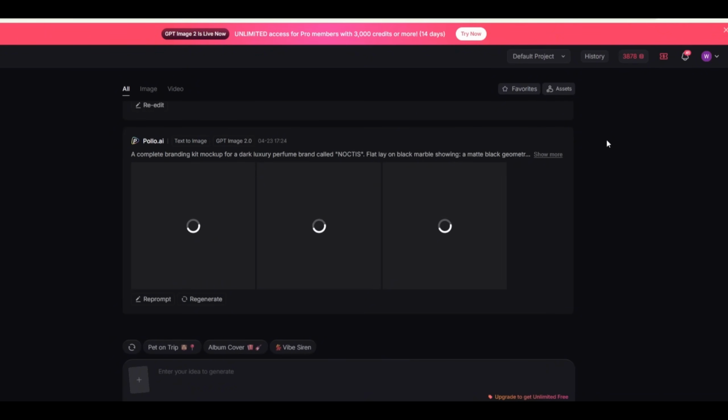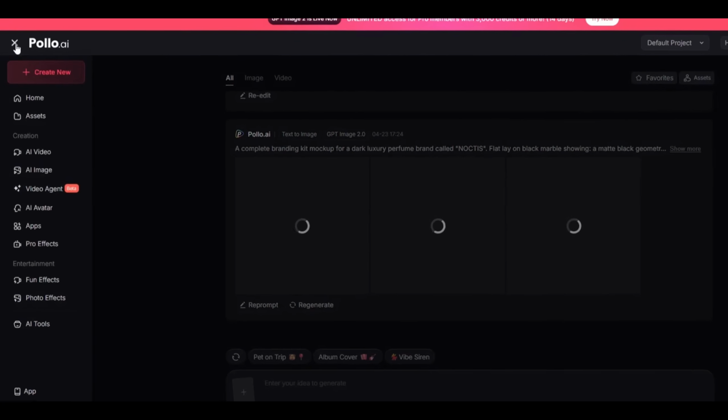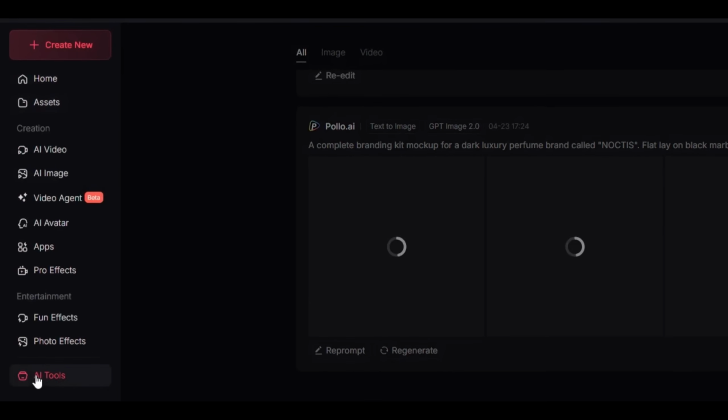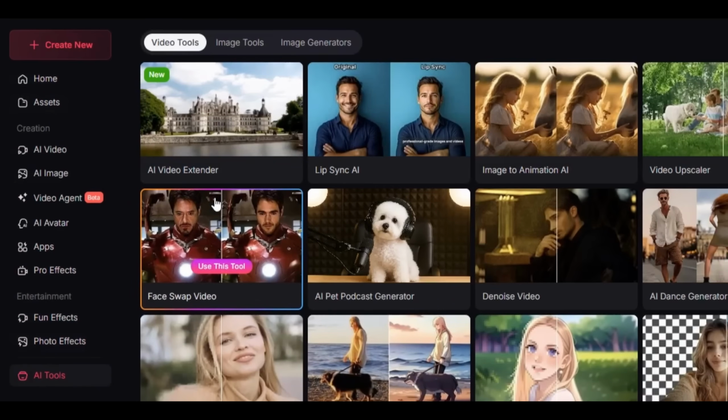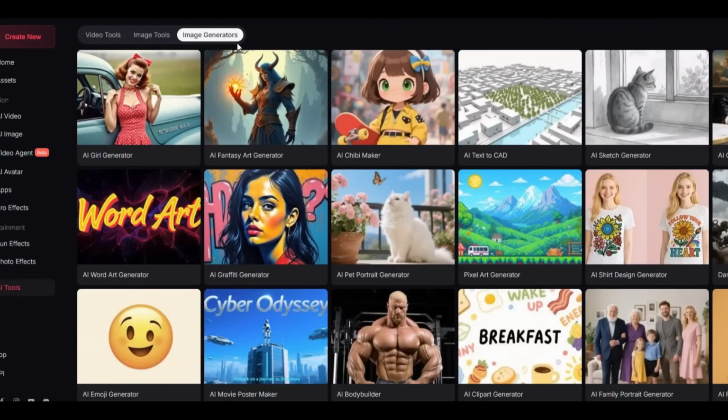generations on the platform. And while we're waiting, let me show you a nice section on the platform, very helpful features. So you can see that on the left side there are a couple of tabs, and there is this AI tools features where you can have tools for video generations and image generations. So the image generation tools, you can find an AI clothes changer, image enhancer, image upscaler. So you can even use the same platform to edit your images, to edit the generated images directly within the